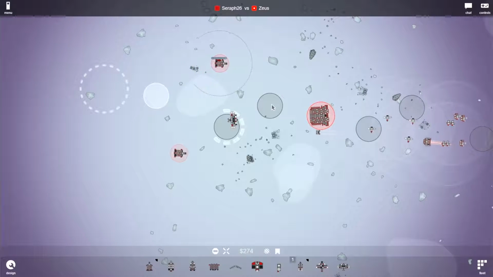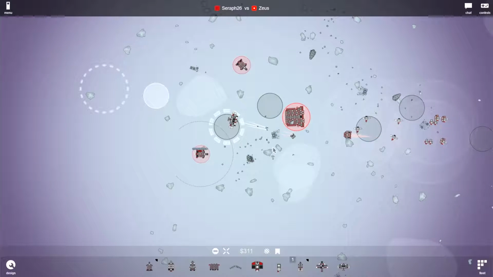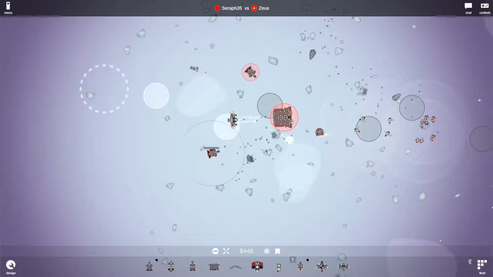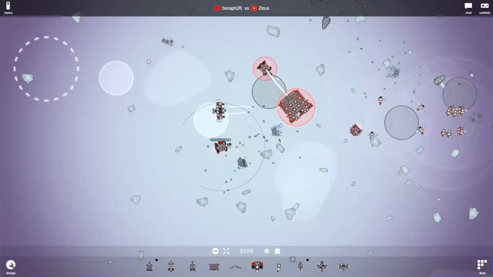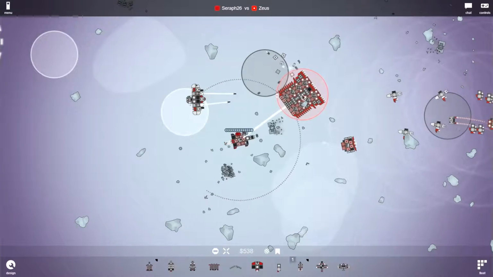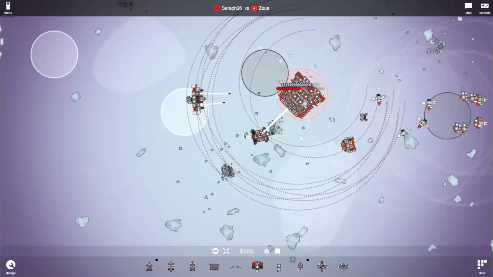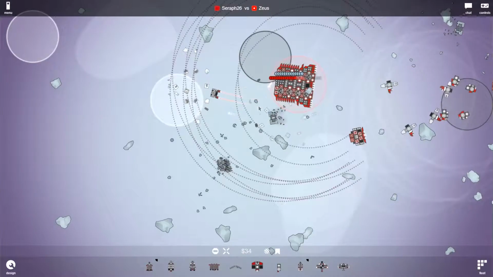I don't like the speed. That's just the annoying part. Okay, there we go. Send them in and fight them. That's all we got to do. If it's bouncing, yeah, this is going to be hard. Oh, wow. Okay. Well,